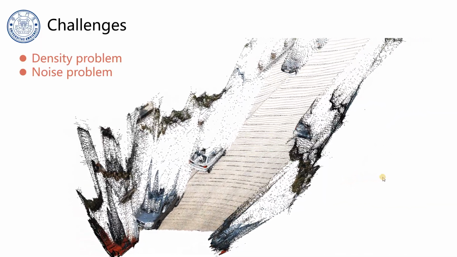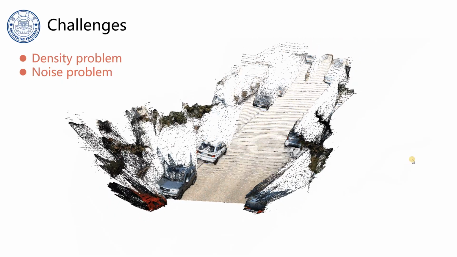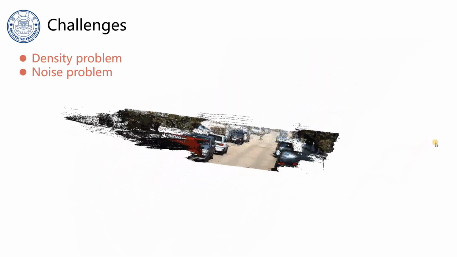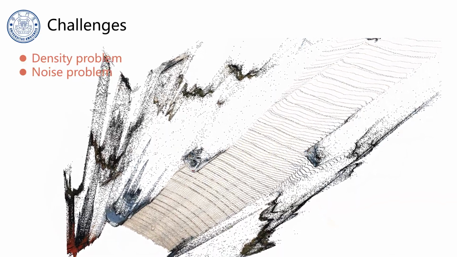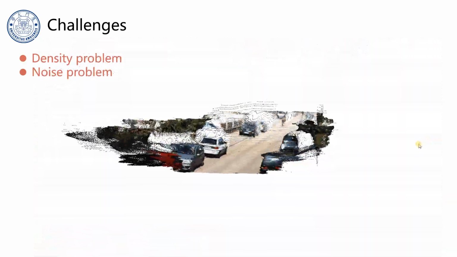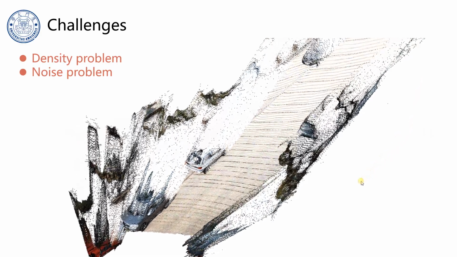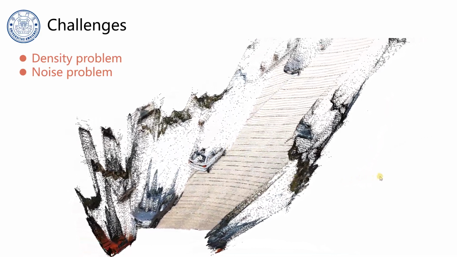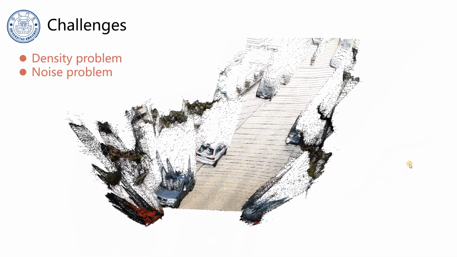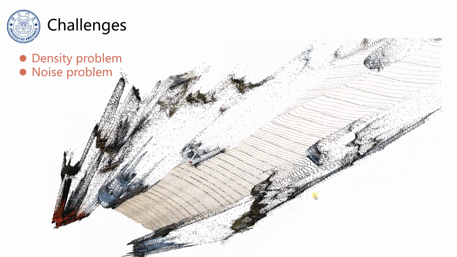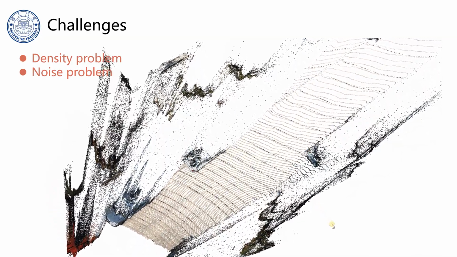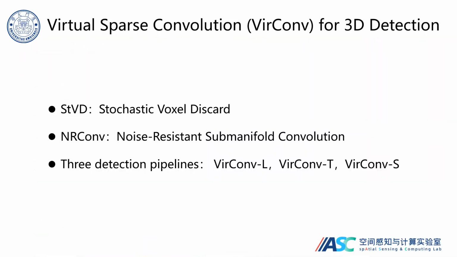Here we show a sample from the KITTI dataset. The virtual points are much denser than regular LiDAR points, so the inference speed of 3D detection is significantly decreased. Besides, the noises brought by inaccurate depth completion exist in the virtual points. Since it is very difficult to distinguish the noises from the background in 3D space, the localization precision of 3D detection is greatly degraded. To address these two problems, we proposed a new operator, virtual sparse convolution, called VirConv, for